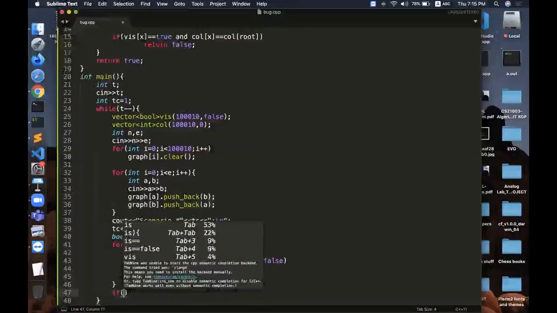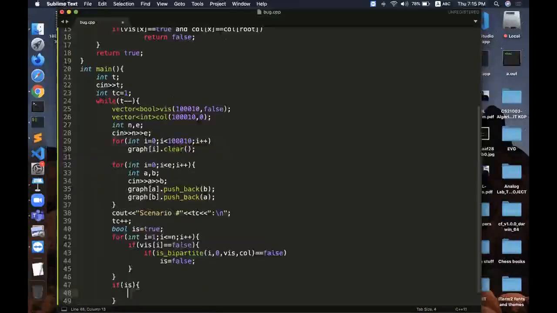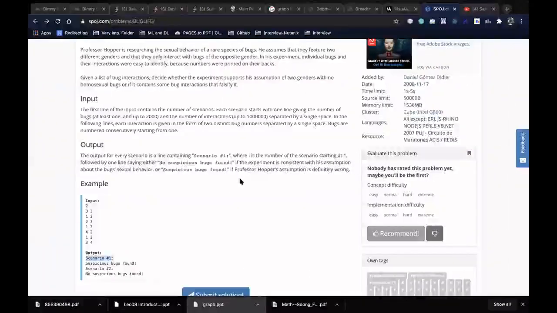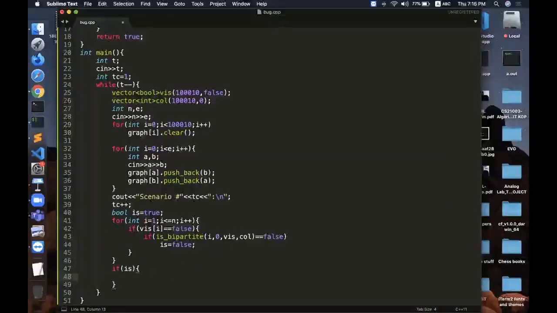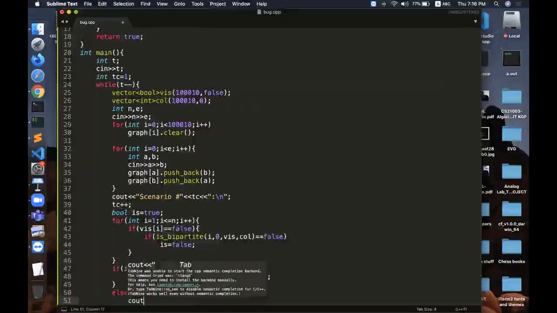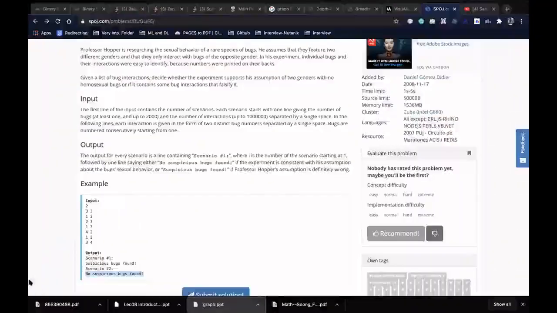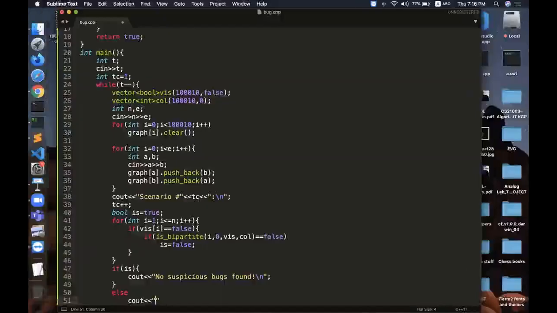And then finally, if my graph is bipartite, then I should simply print that no suspicious bugs were found, else I should print suspicious bugs found.